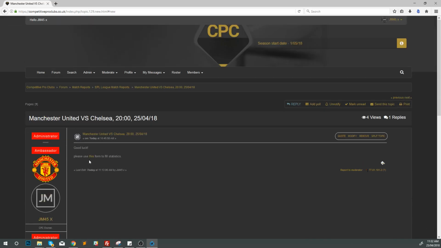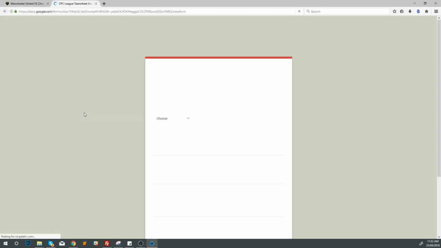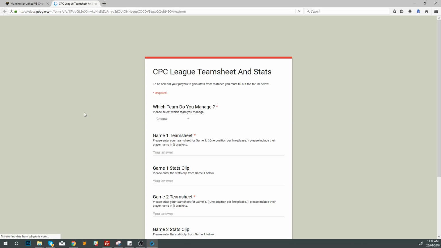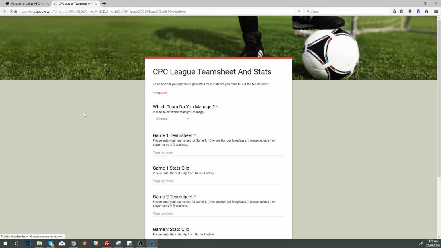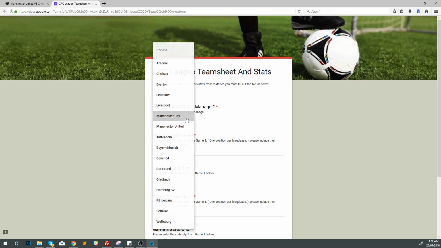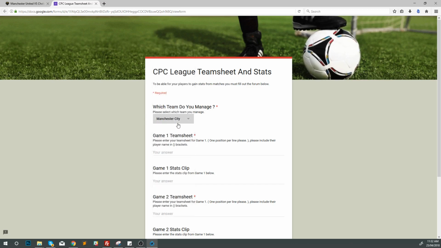We make use of Google Forms. We want to use this form here, and it's very important that you record your stat clip. Without your stat clip, you will not receive statistics. So once we've got this form open, we want to select the team. So we'll say Manchester United, and it's going to ask you for the Game 1 team sheet, and Game 1 is